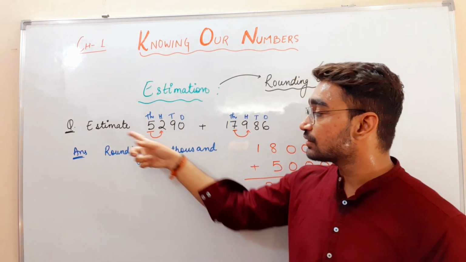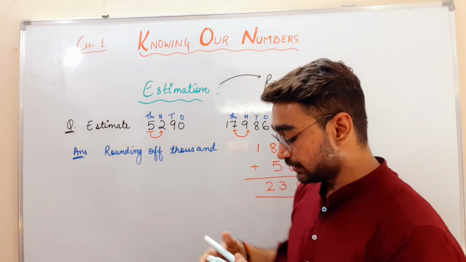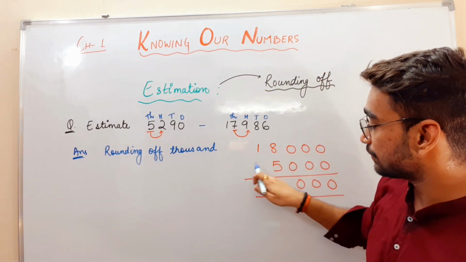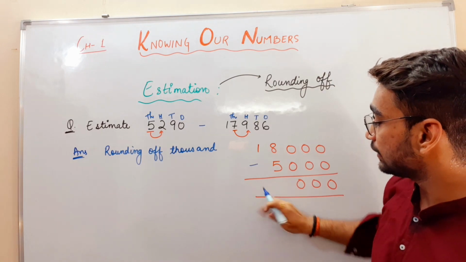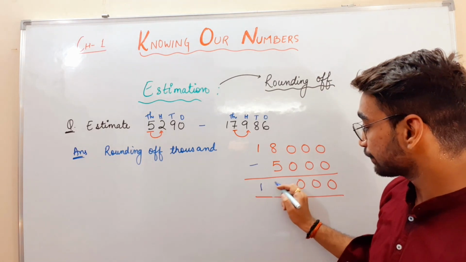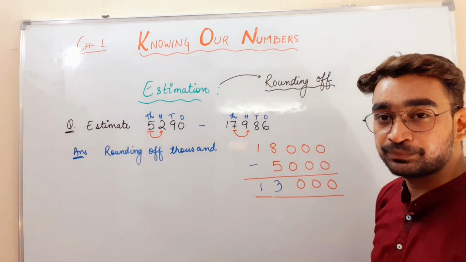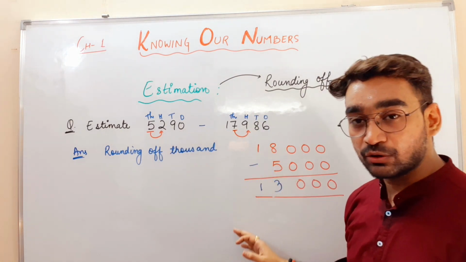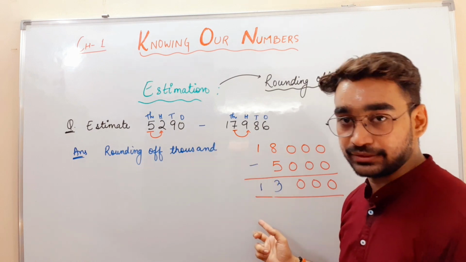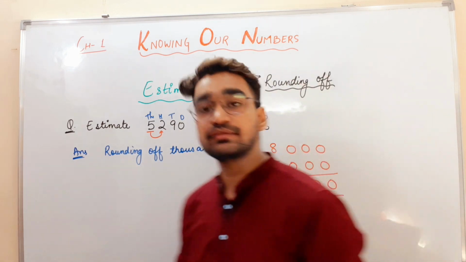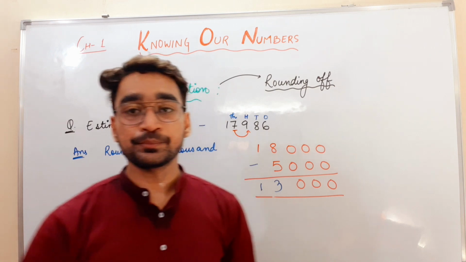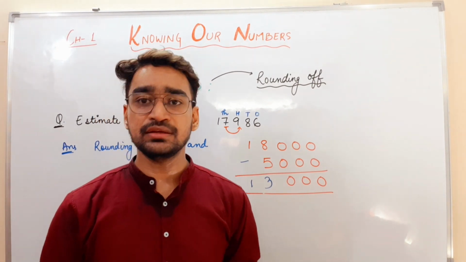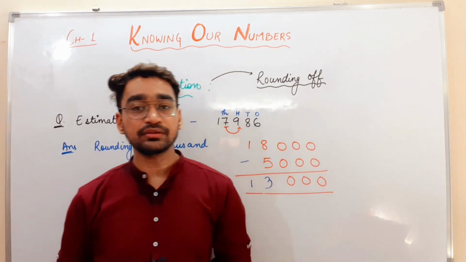If the question is asking estimate, and if it is minus here, then same process, just subtract it and you will get a different answer, that will be 13,000. If it is multiply, first of all find out the rounding of that, then simply multiply them. If it is divide, simply divide them. So I hope it will be clear to everyone, as actually it is very easy, no difficulty, no rocket science,